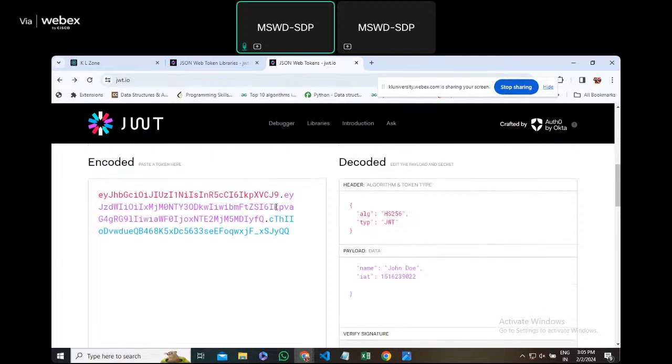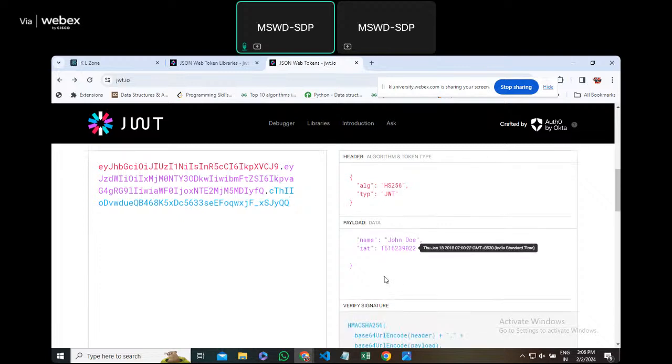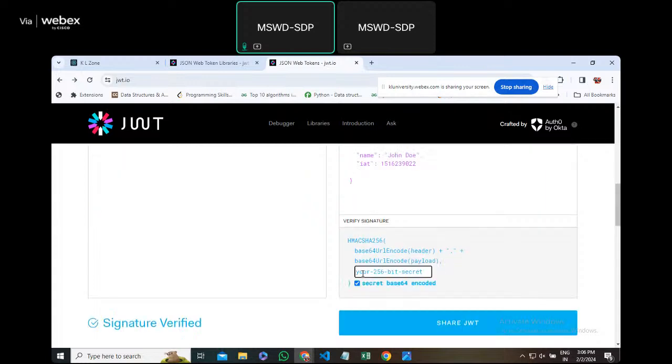And if you change anything in the headers, the header is a fixed one. So whoever is hacking will always look at the payload. And if they want to tamper with the signature, they cannot, because the signature also includes your secret key. That secret key we have selected somewhere else, 256. If you select any secret keys, you will see